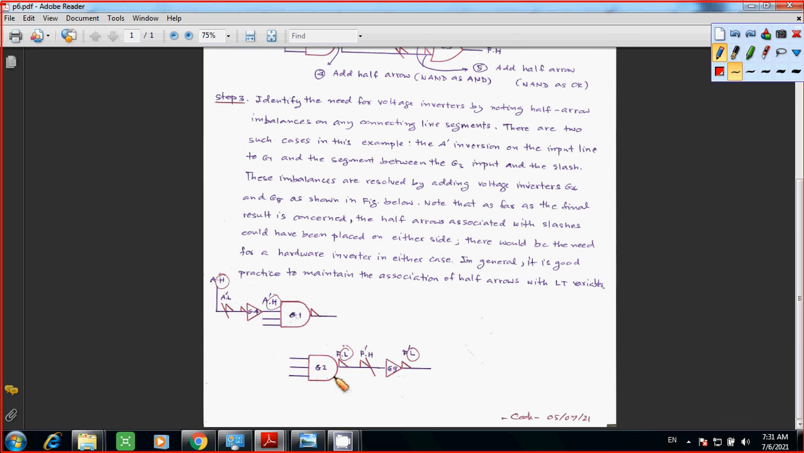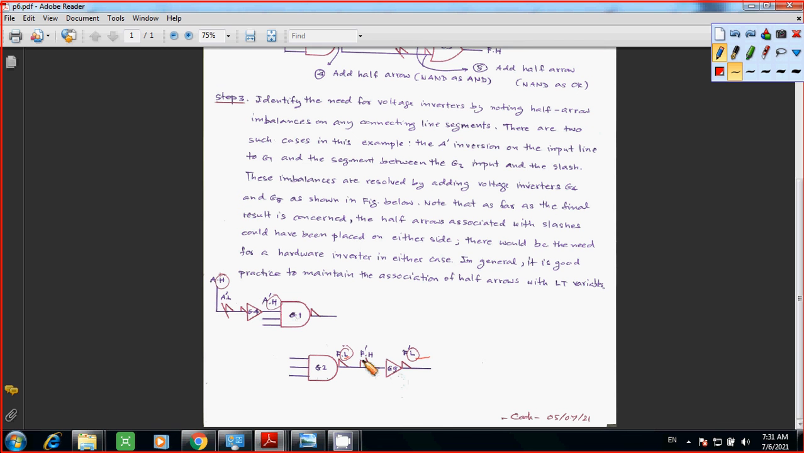Same as the G2 to G3. You have an F output low true, and you have a slash and a half arrow. So that turns out to be your F prime half arrow. And since you start with the low true, you need to end up with a low true, because this is on the same line segment. So you add